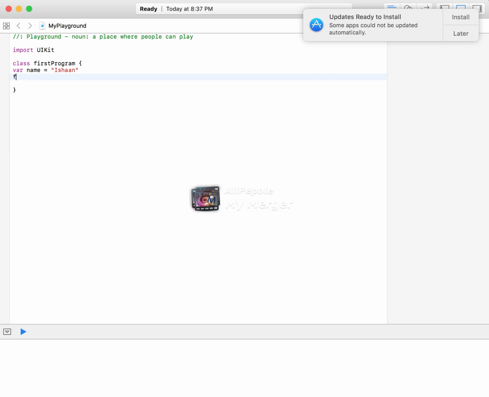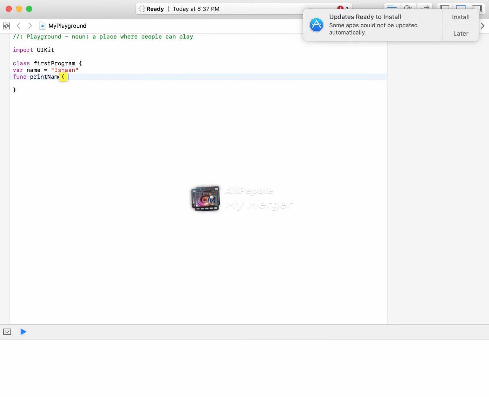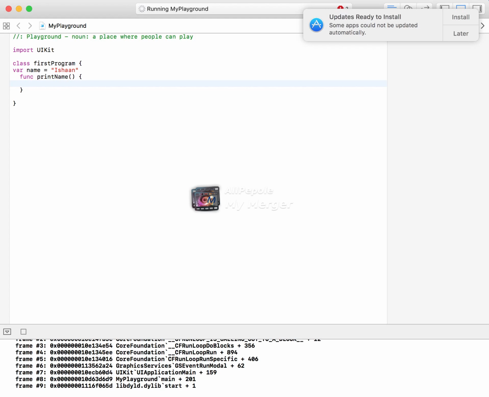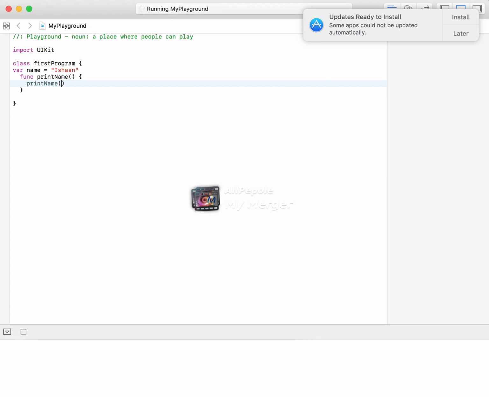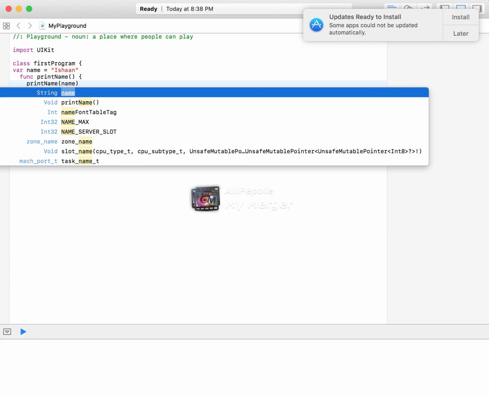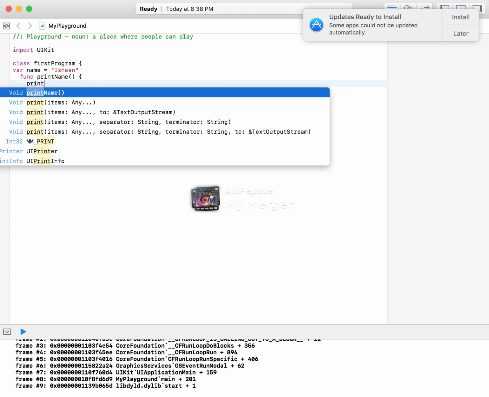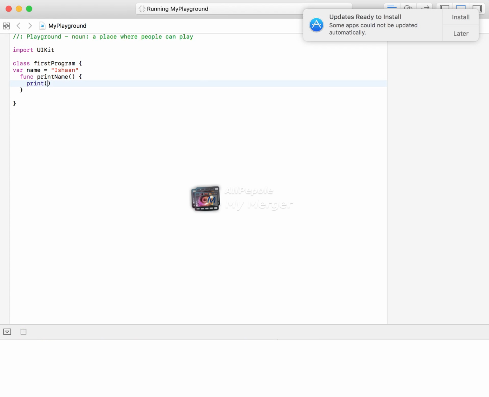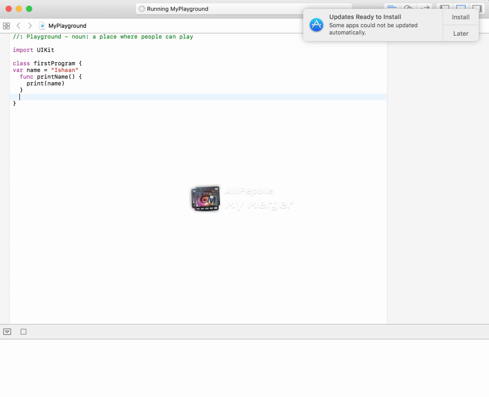Say func printName, and then parentheses and curly braces, and we'll write print, and then we'll write the name of the variable, which should be name. So now this is our class now, and